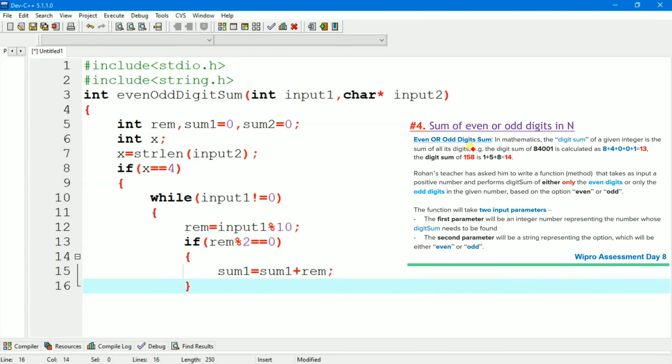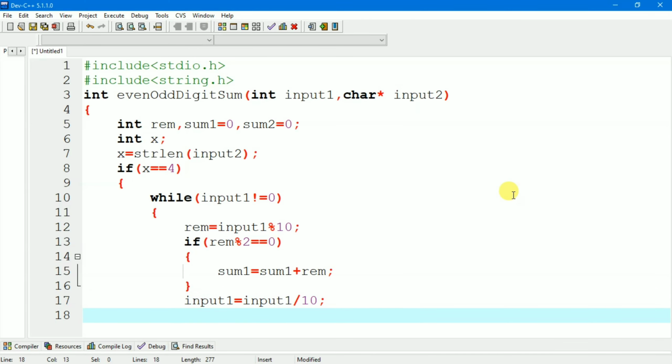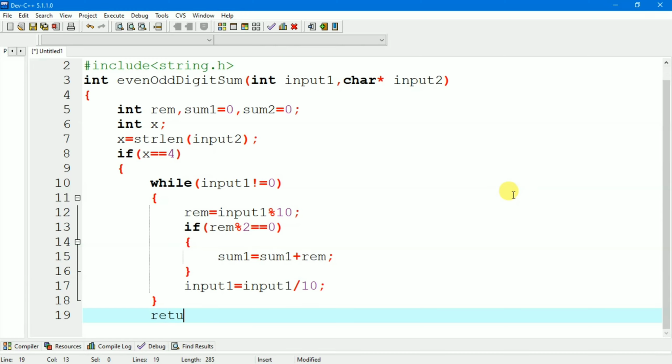After that we will close the if block, and now we will perform the operation input 1 equal to input 1 divided by 10. Now we will close the while loop. After that we will return sum 1.